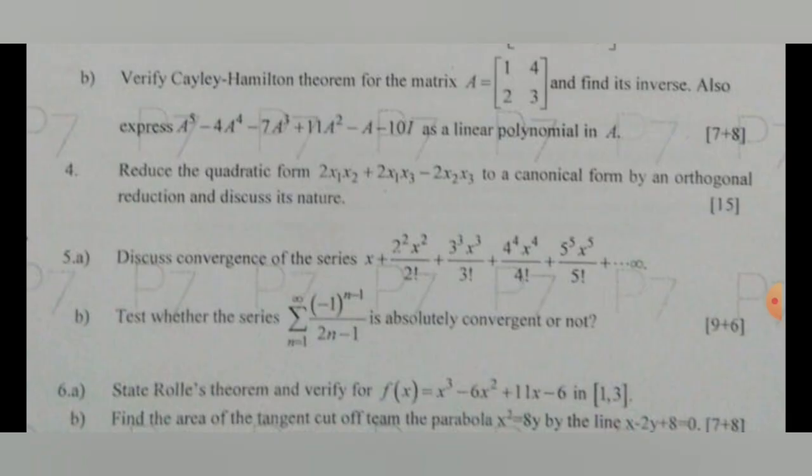Fifth A bit: discuss the convergence of the given series. For that particular series of positive terms, try to write down the general term. Just look at this, it looks like n power n x power n divided by n factorial. That is the general term. From that you can use